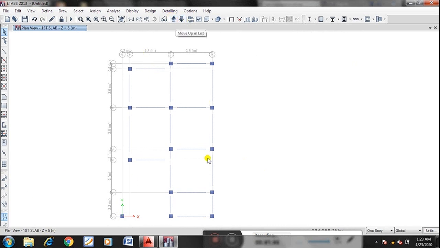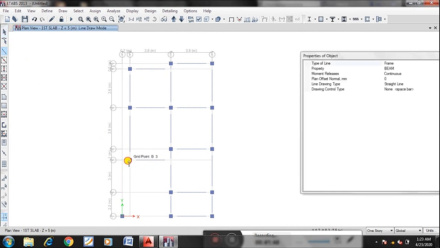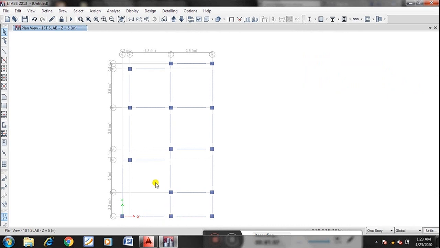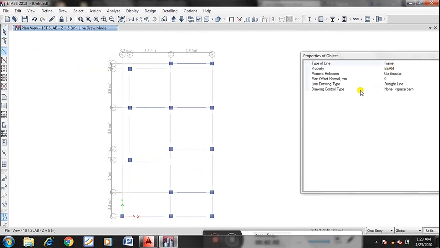Now what I will do? I'll add some more beams in first slab because I need to have slab up to this location. So I have added these beams. If you want, you can add additional beams here also.